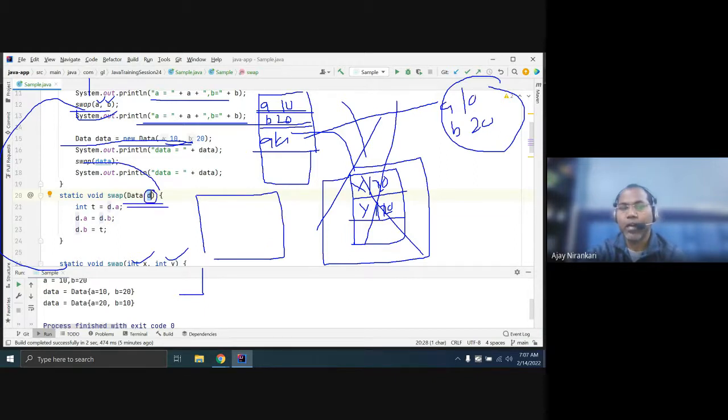What is d here? Let's say this object has some address like 2001. So this variable holds 2001, and they copy this address here. So this d now has 2001, which means this memory reference.